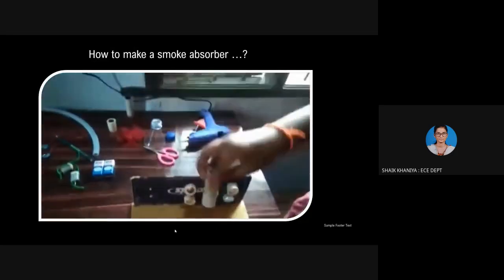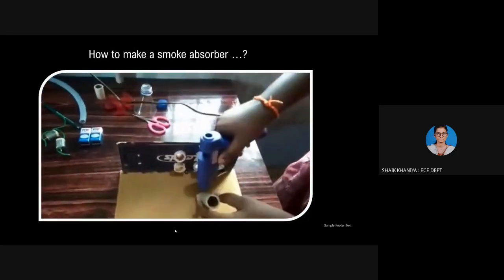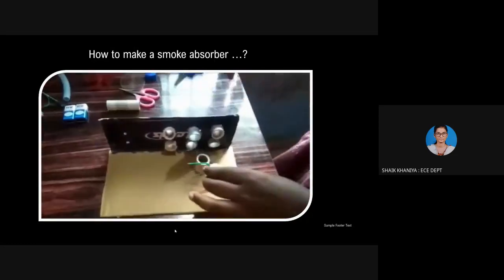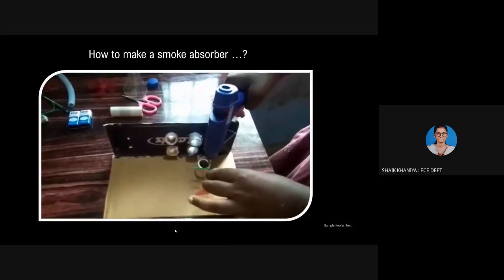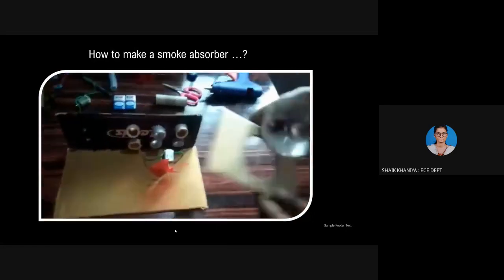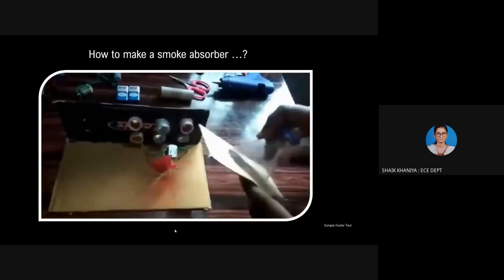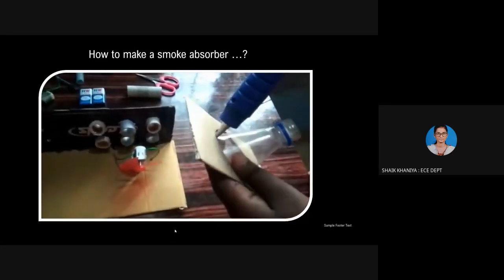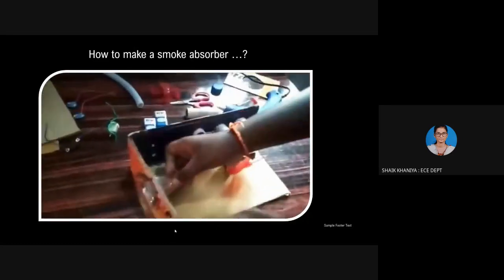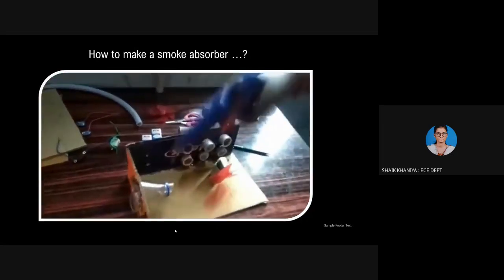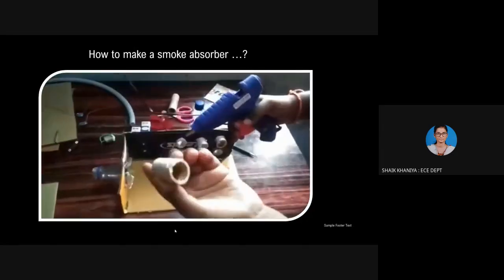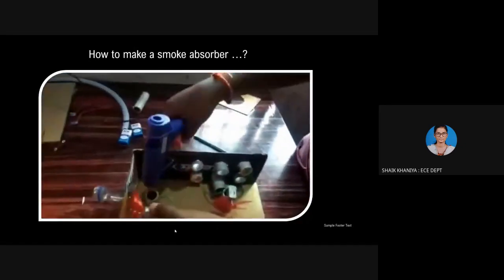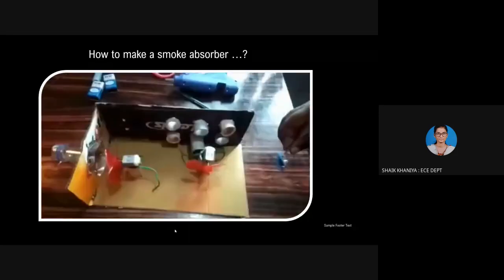Take another PVC pipe and use it as a base for the DC motor which is attached to a toy fan. Now attach both the parts using the gun. Now take a plastic bottle cap which is cut in that form and insert it in the cardboard sheet. The next thing is to stick that part on top of our first part. Let's repeat that. Now take another piece and use it as the base of the DC motor and stick it on.